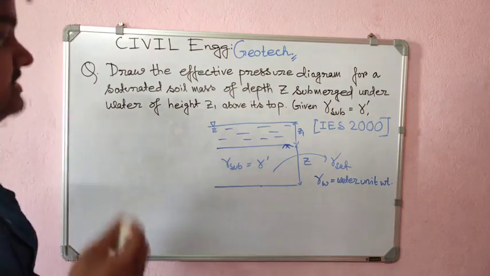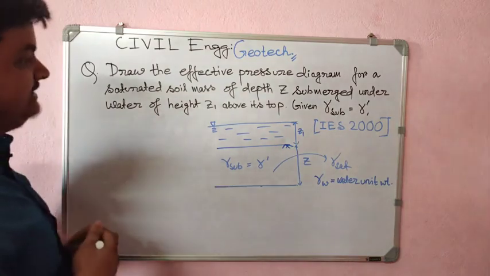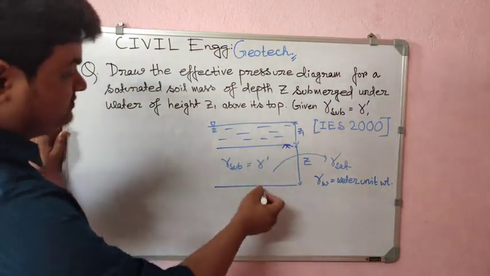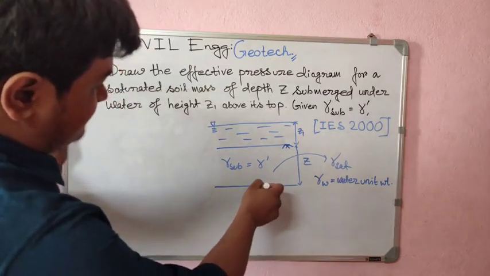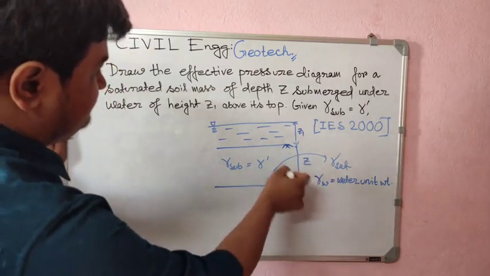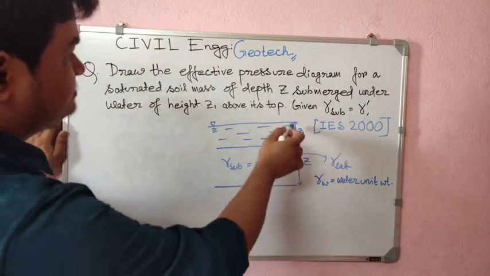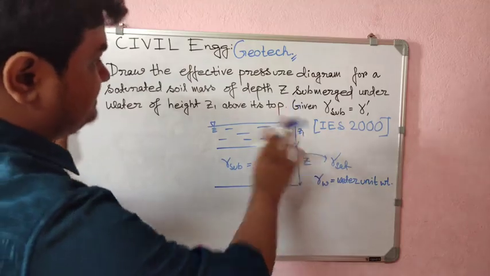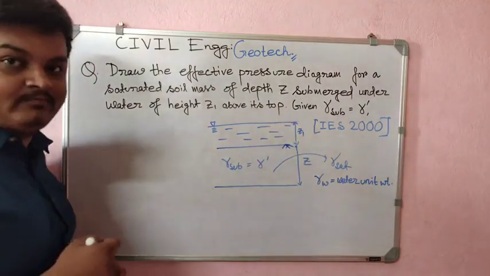What is told here is that the soil is submerged, and we have to find the effective stress at this point, at the depth of Z from the soil bed level, and there is water above the soil bed level whose height is Z1. So let's find